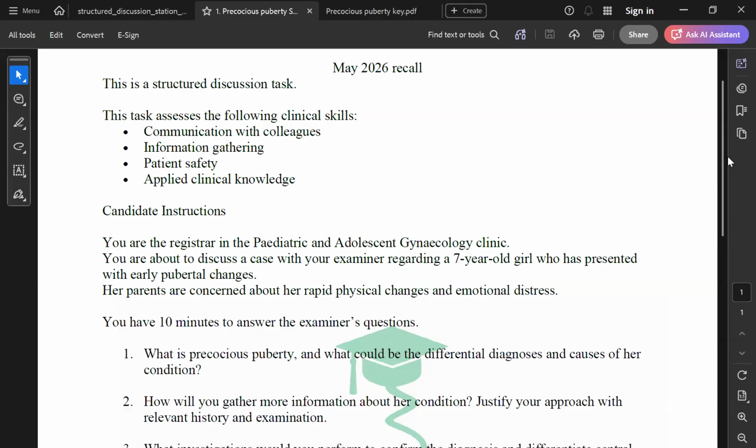I also like to check for any skin changes, to see if there are any striae, or any abnormal